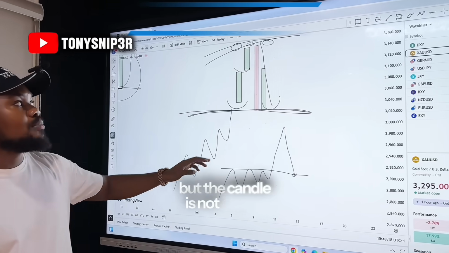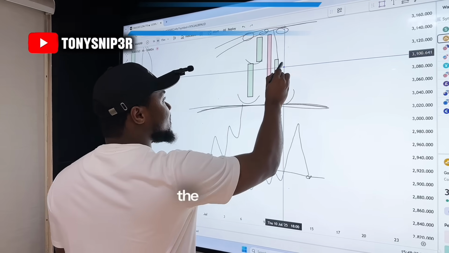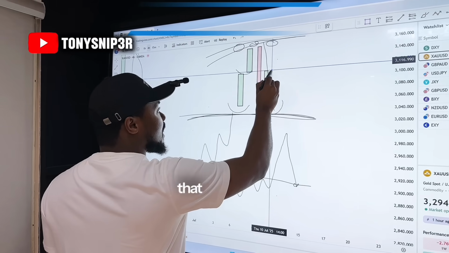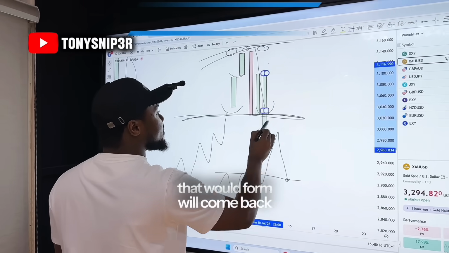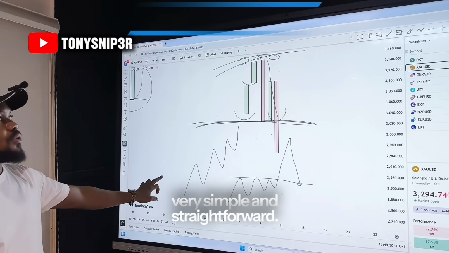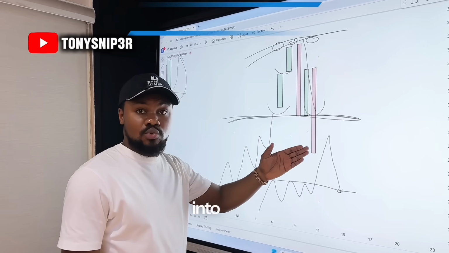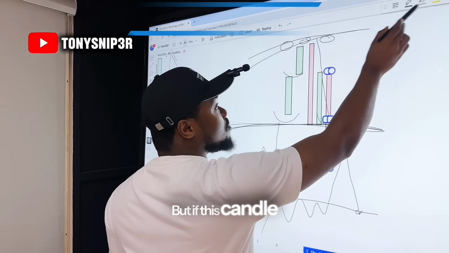but the candle is not able to engulf this sell, then automatically the next candle that would form will come back inside here. Very simple and straightforward. The next candle that will form will what? We dive back into here. But if this candle